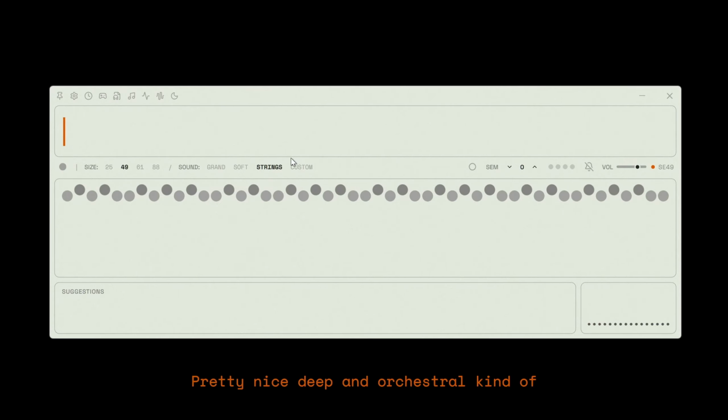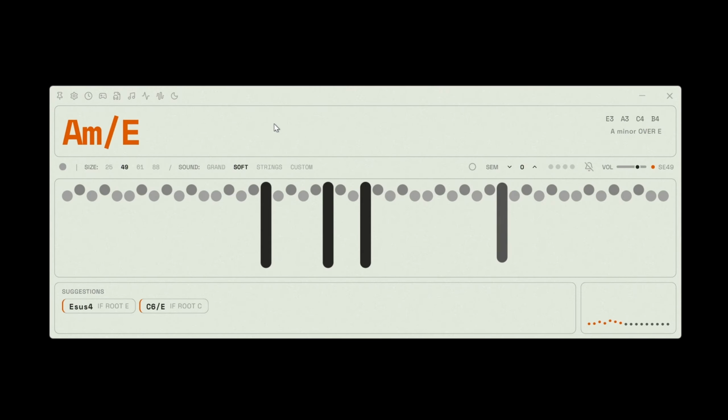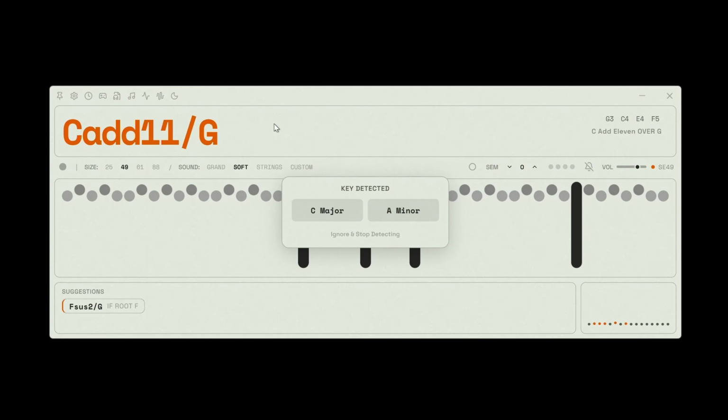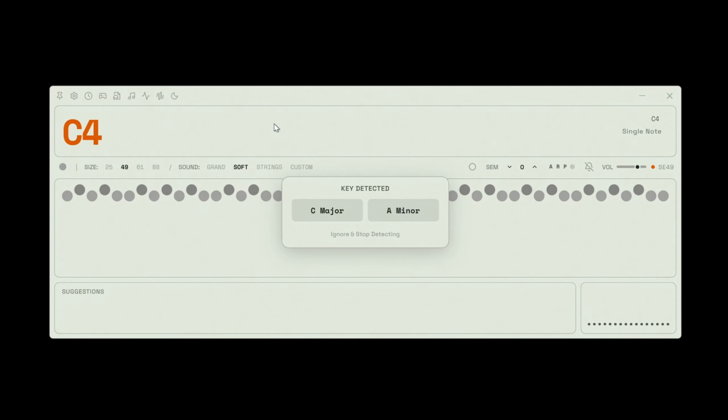Pretty nice, deep, and orchestral kind of strings. Then we have the soft piano, really nice soft piano. As you can see, I played all the white notes, and I did that intentionally,